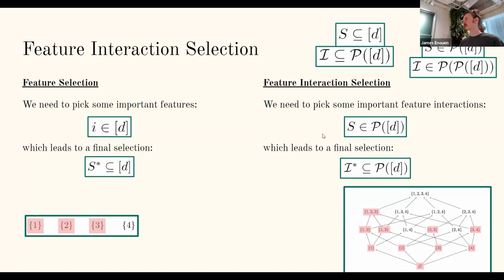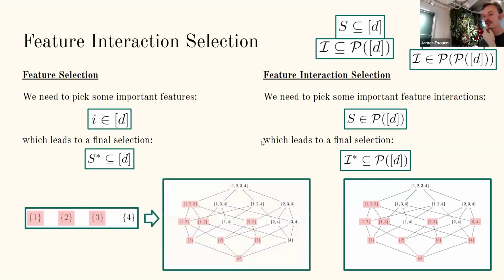So if everyone feels comfortable with this general setup of the interaction selection problem versus the typical feature selection problem, then I think we're good to move on. The next thing I'll quickly say is that the reason I mentioned that feature interaction selection is a generalization of feature selection is because after we have our selected features, we can then just correspond that to a set of interactions by taking all possible subsets. So here we can see we had all subsets which don't include 4 and which do include 1, 2, 3 corresponding here. So this is a more general problem, but it also has more combinatorial complexity because of that.